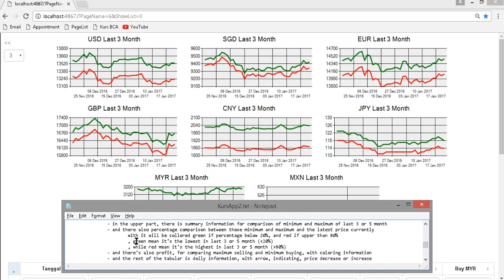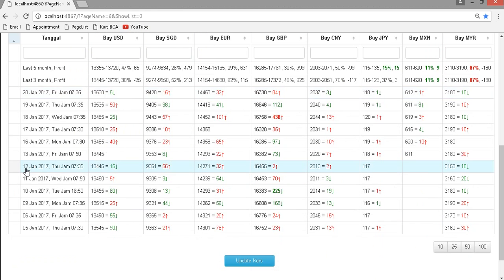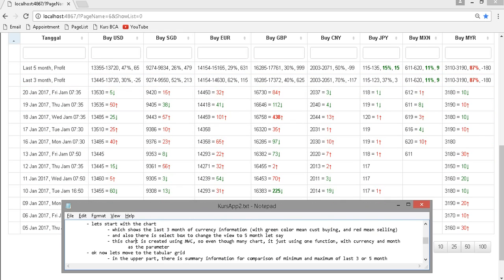Okay, let's move to the tabular grid. This is the tabular grid. Basically in this tabular grid I have the upper part with summary information, and the lower part with daily price information. Let's try the summary information first.